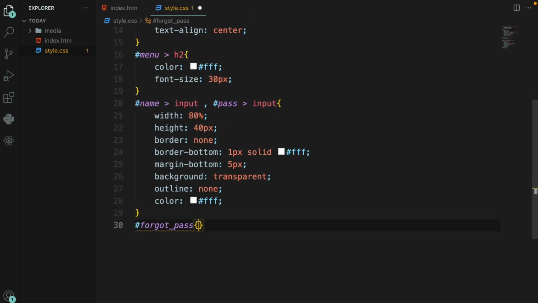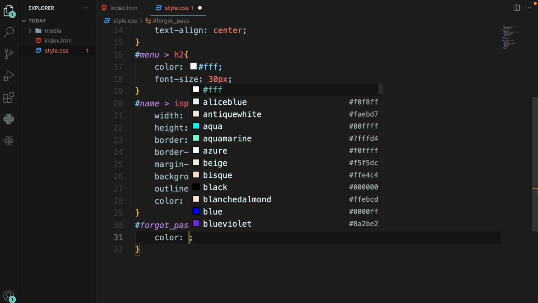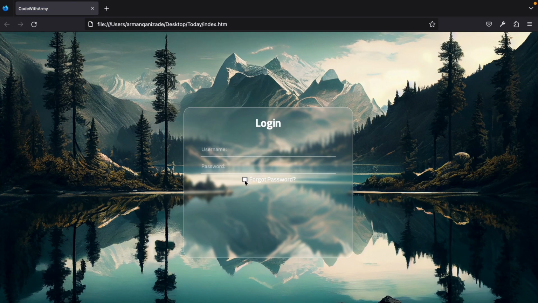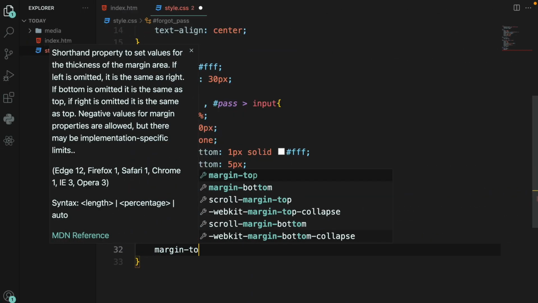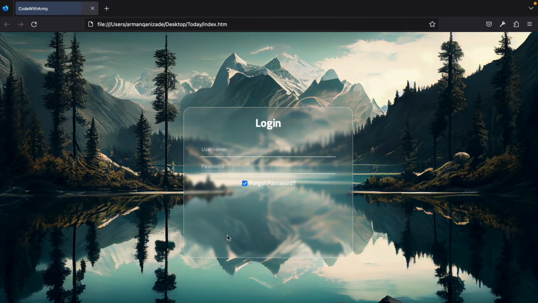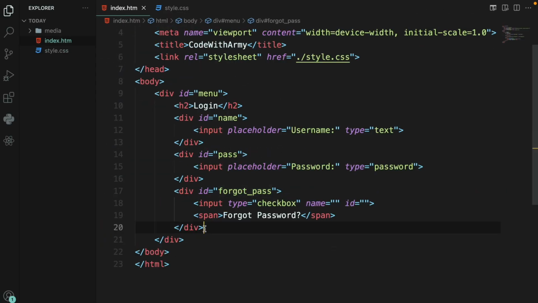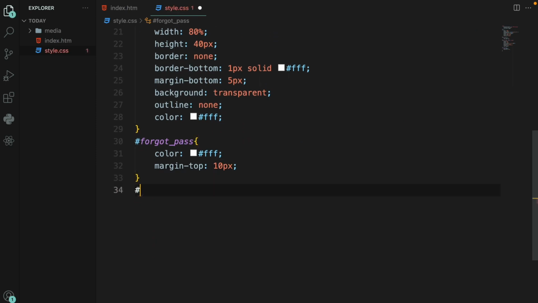Let's go for forgot pass ID. Forgot pass ID's colors have to change sharp FF, and then make a margin top, maybe 10 pixel. Yes, cool. And let's go for the sign btn. We need a button here with sign in text, and for this button we need